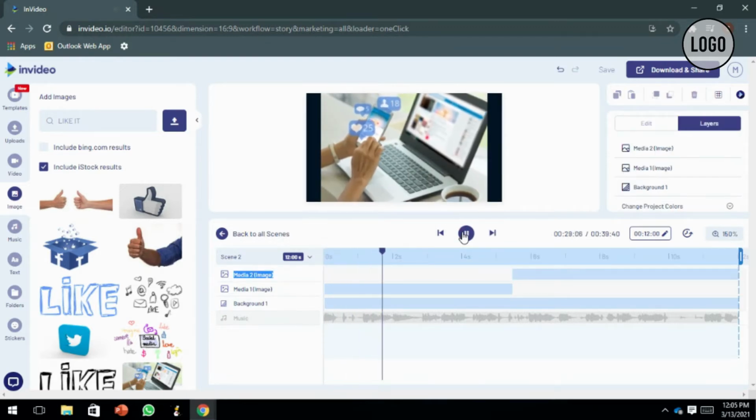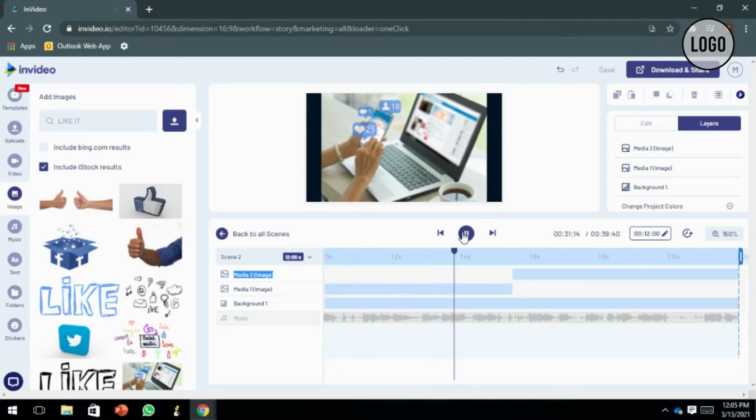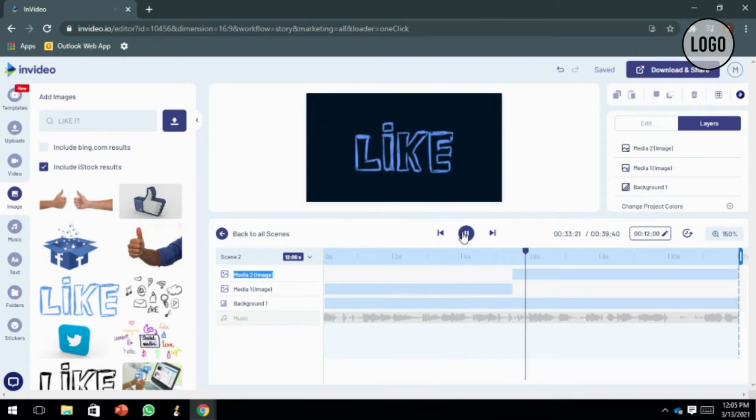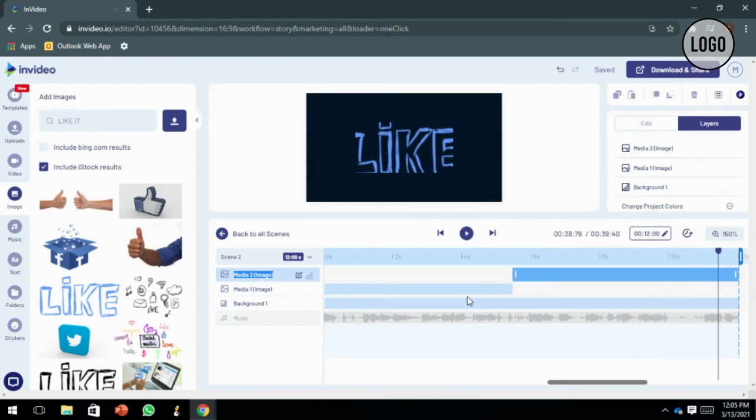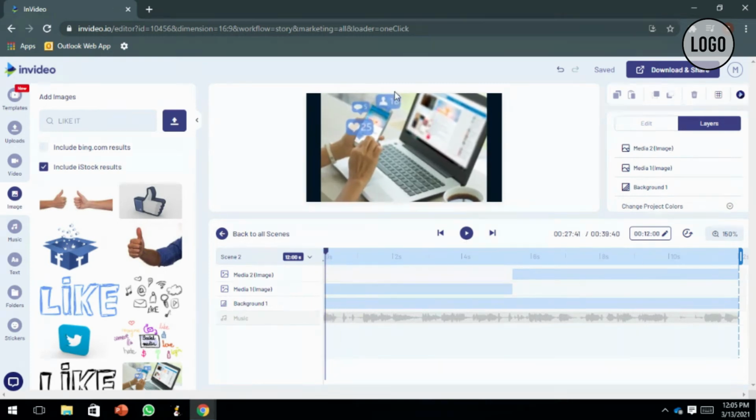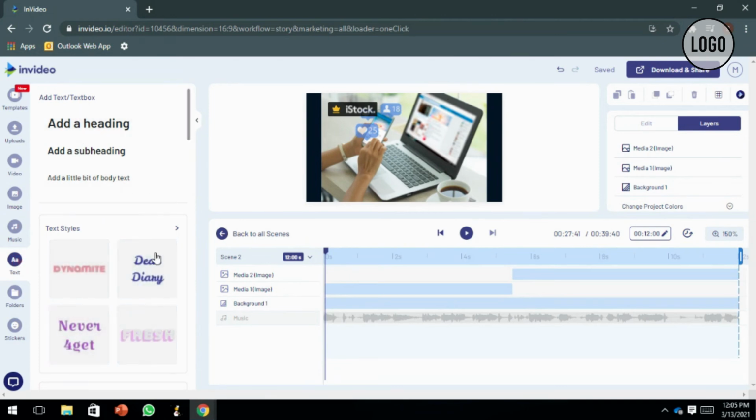And let's play and see how it works. Okay, so after 6 seconds, the first image disappeared and the second image appeared. Nice, right? So this is how you can add as many images as you want. You can play with their durations, their timings. If you want to add some writing, like something that I'm going to do right now, you can add